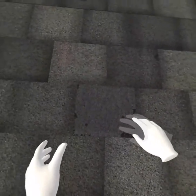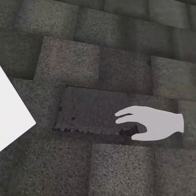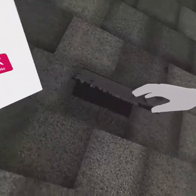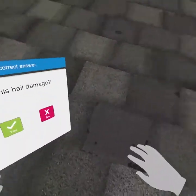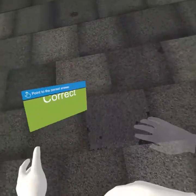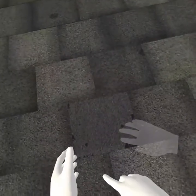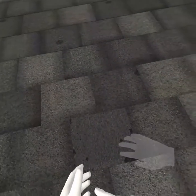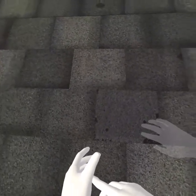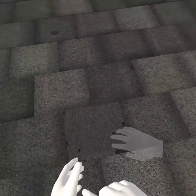Lift the shingle to see if the damage goes all the way through. Is this hail damage? This is not hail damage. This is a close-up of damage from deterioration. In this case, the organic materials used in this shingle caused premature aging. Deterioration is a natural progression of shingles, but some other causes of premature deterioration can be poor ventilation, improper installation,